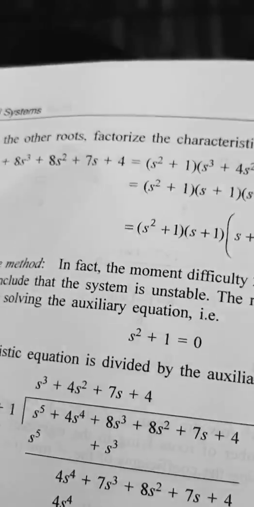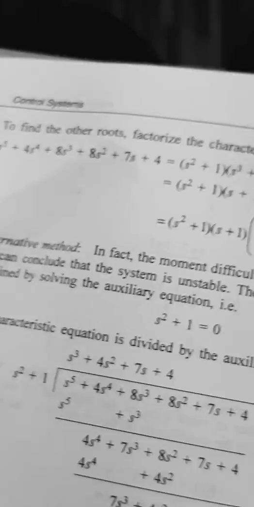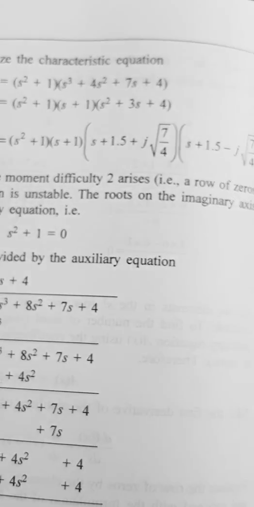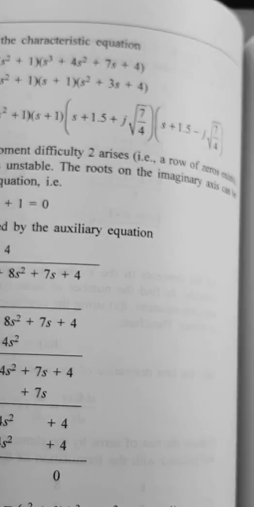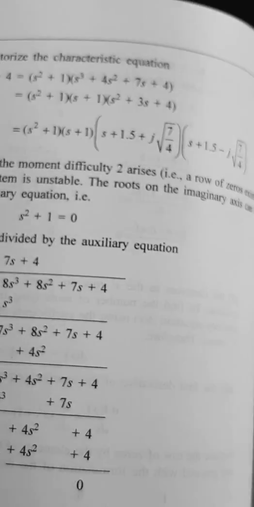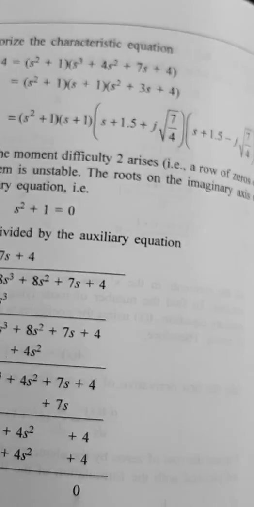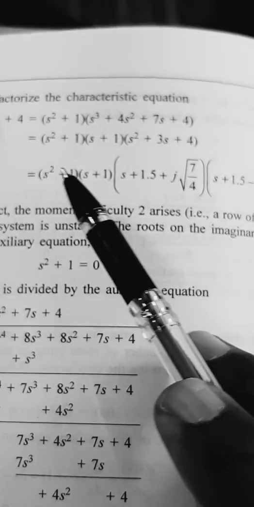Now, when you are analyzing this, you can see there are two non-repeated poles on the imaginary axis. So it is marginally stable. Since these three, 1, 2, 3, are on the left half of the s plane, only this will be